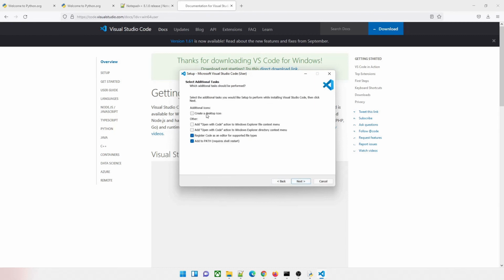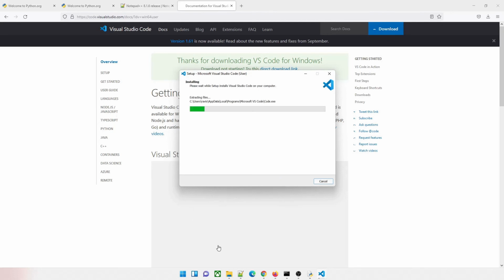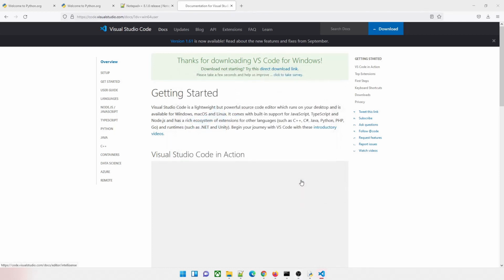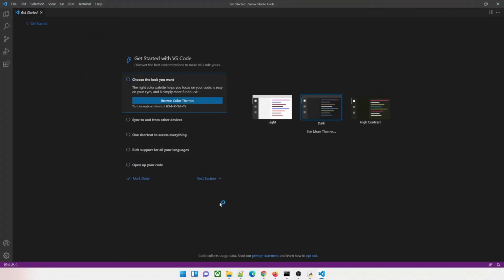Next, in case you want to create a desktop icon, you can do that. Let it be like by default. I'll just check it. Next, install, and it will take another 1 or 2 minutes to be installed in your system. After installation, just launch it and it will show you a very nice, beautiful UI, very simple, so that you can edit your programs or your code over here.